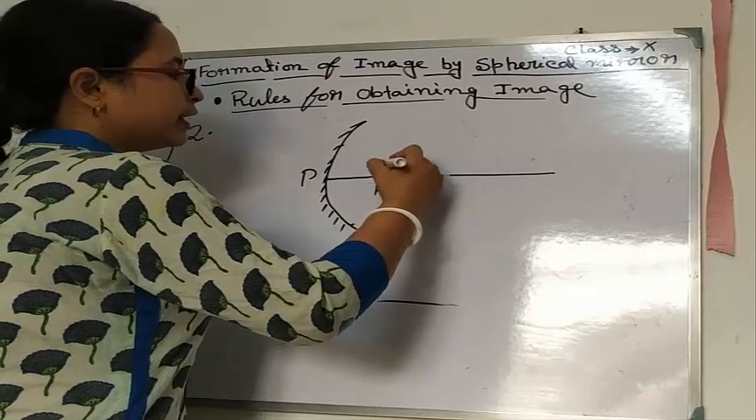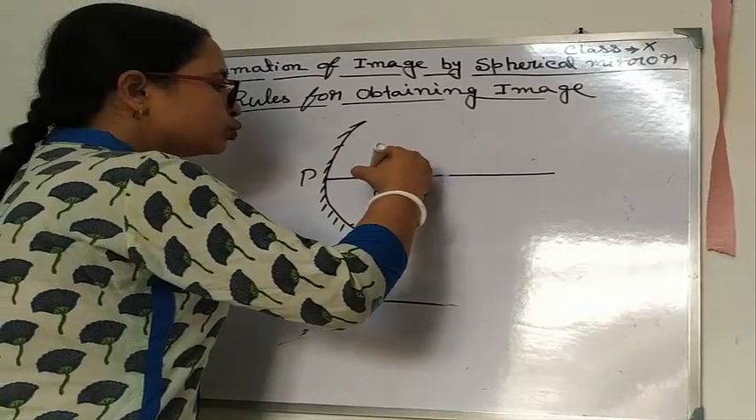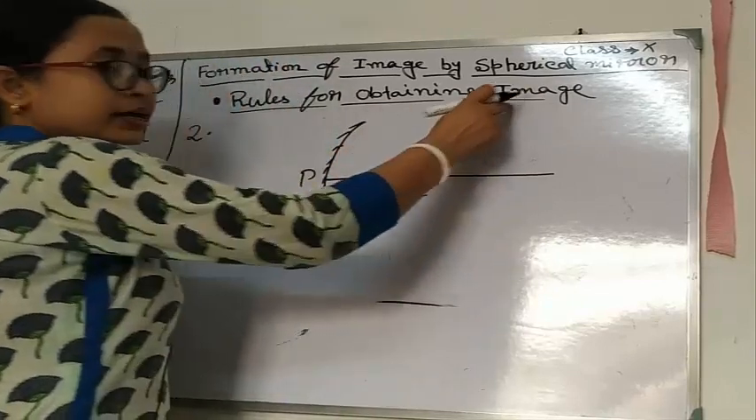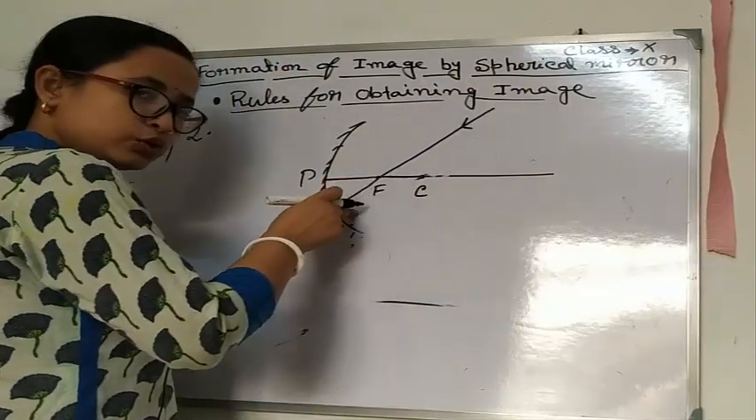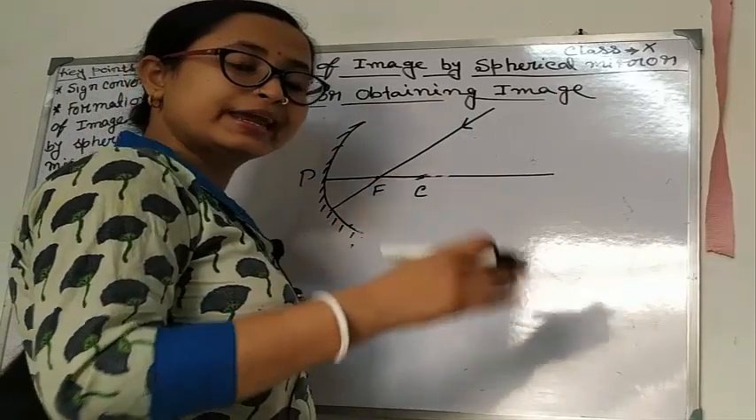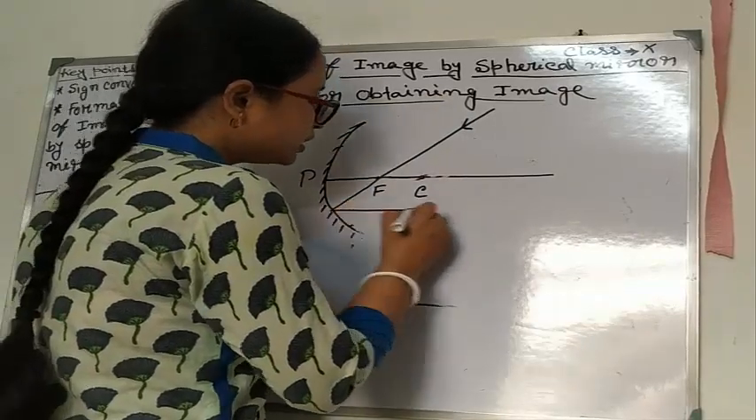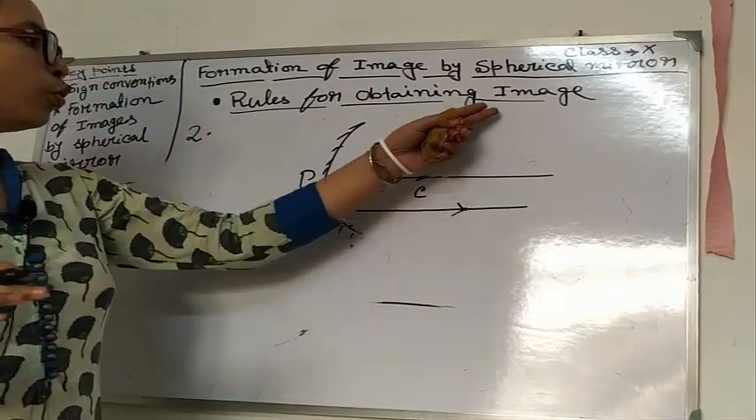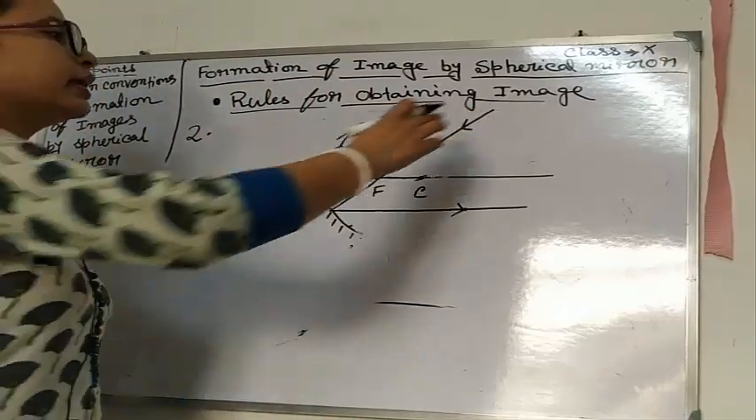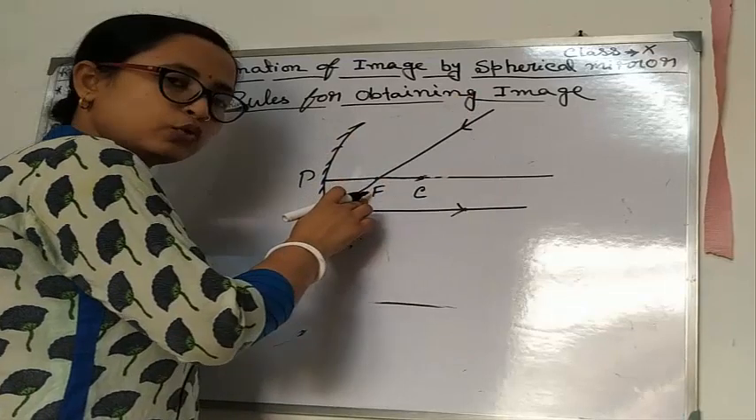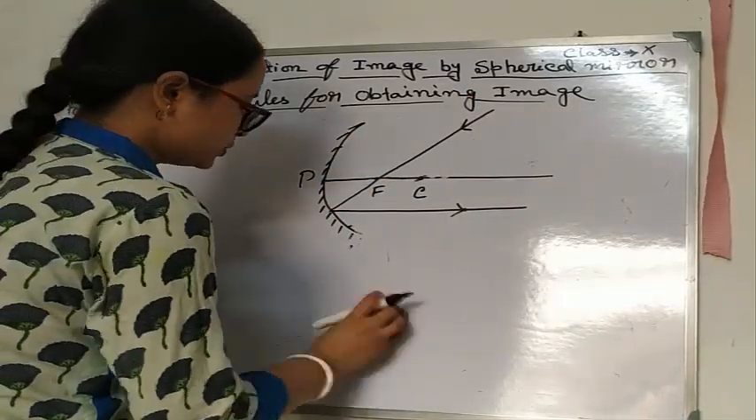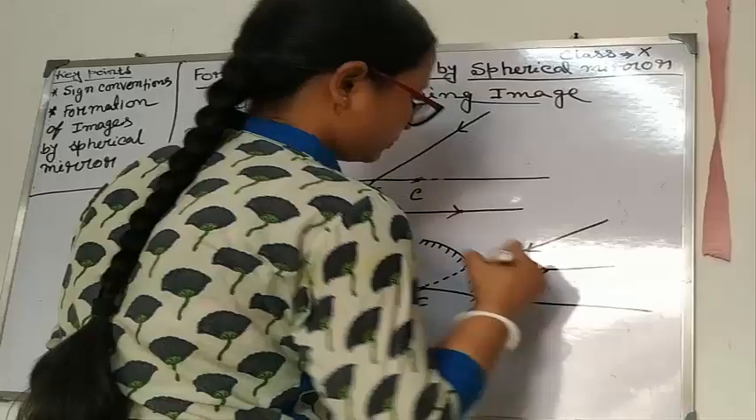So if the incident ray is coming and passing through the focal point like this, then after reflection, it will become parallel to the principal axis. Clear? So whenever the incident ray passes through the focal point, after reflection, it will become parallel to the principal axis. The same rule is followed for